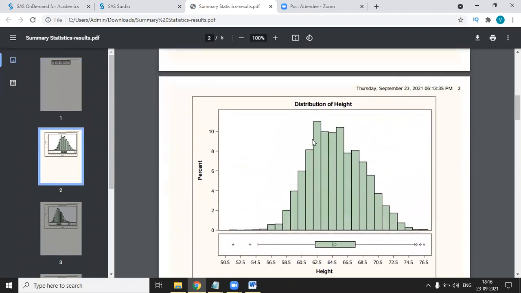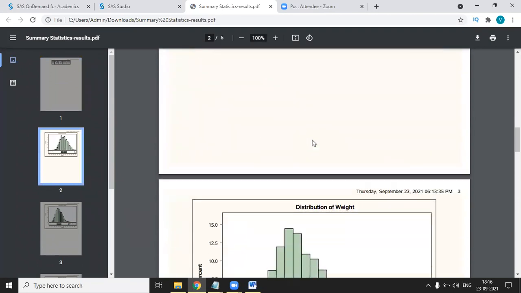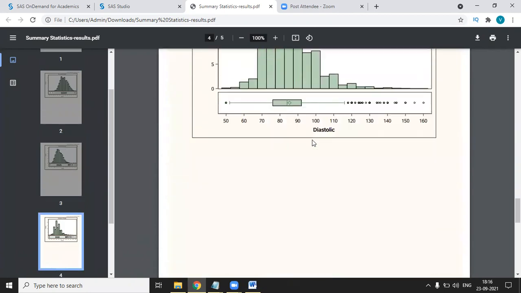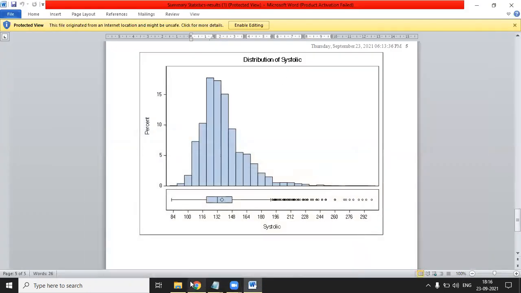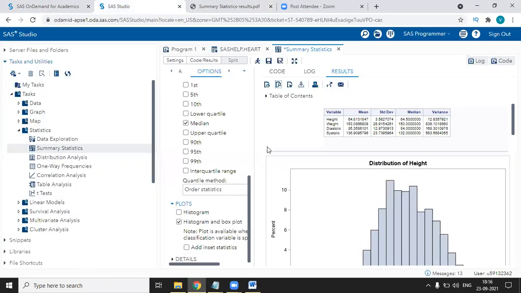So whichever format you want, you can download all these graphs to your system. So this is all about summarizing the data which is a numeric type variable. So that's it for this video.